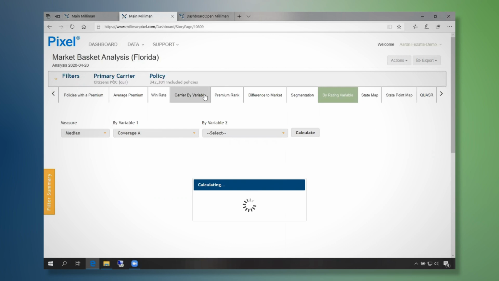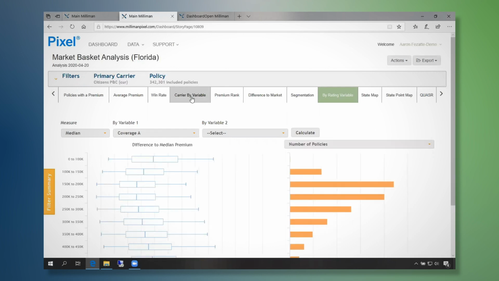While the Carrier by Variable tab gave information on how each particular carrier's average compared to the others, this will actually give you a box and whisker plot of how all of the policies within that particular group were spread out. So this 150 to 200K had 88,000 policies, and you can see what the median was and how far away that is from the median Citizens policy.